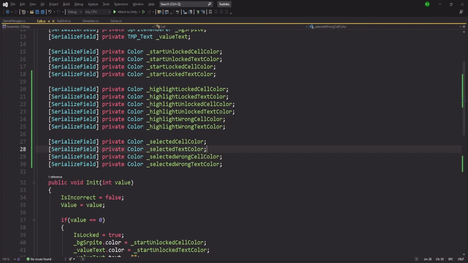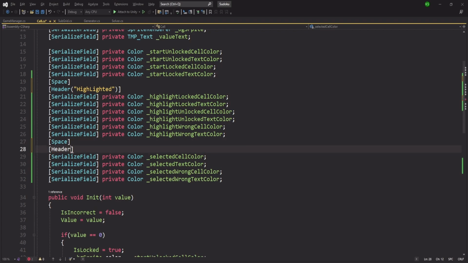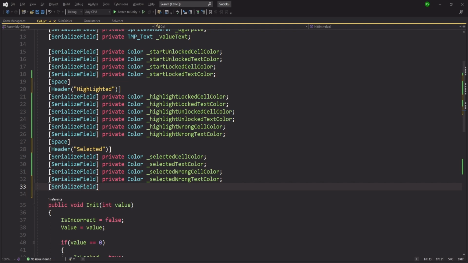So let's put a space here, space here. Let's add a header, highlighted, header for selected, and finally we are going to have serialize field for our private color when everything is reset. So reset cell color,